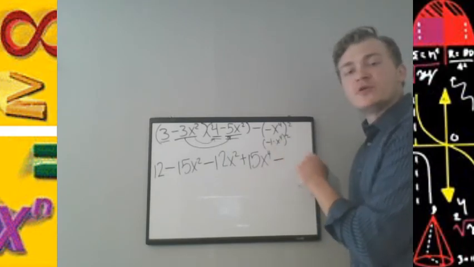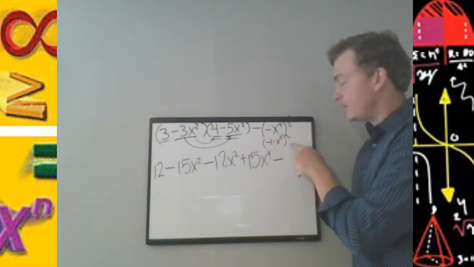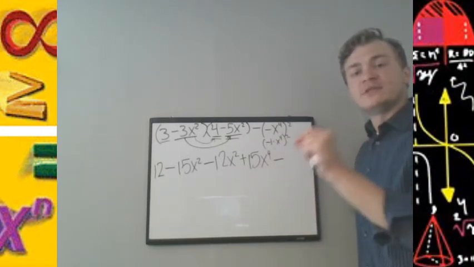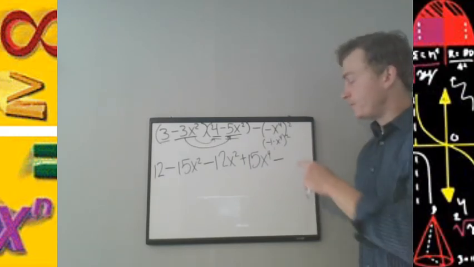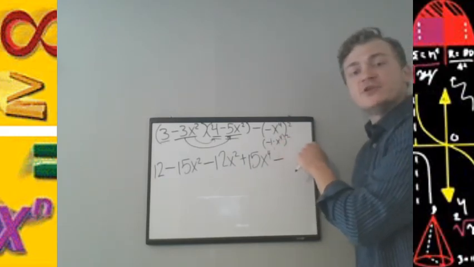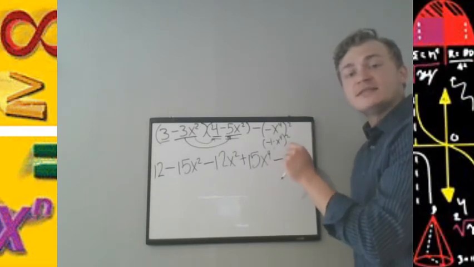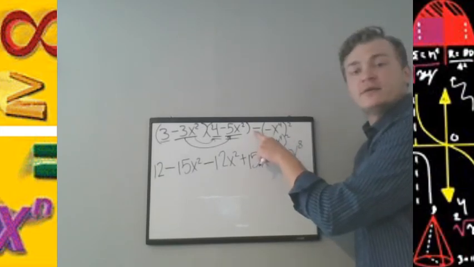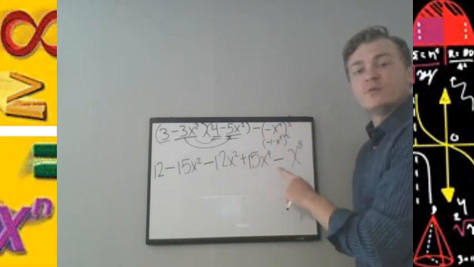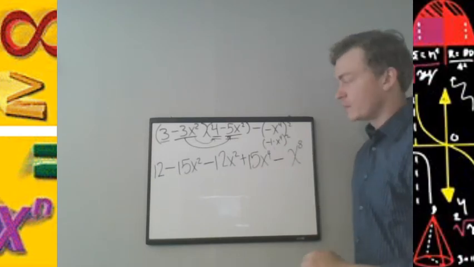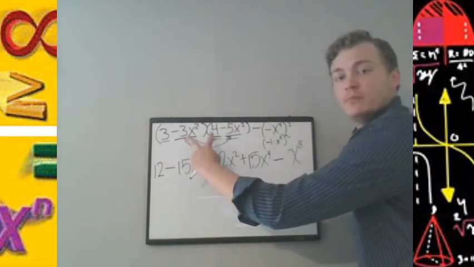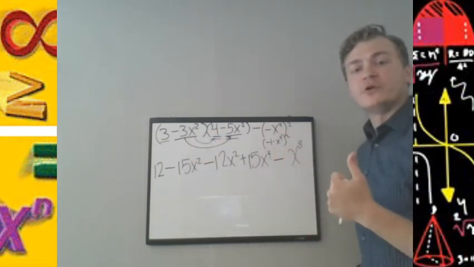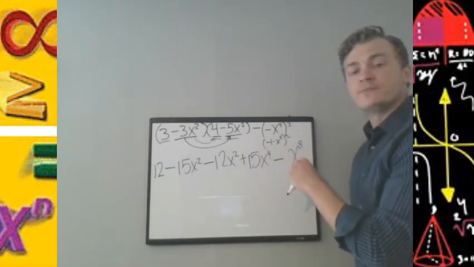So if negative 1 is multiplying x to the fourth and that's being squared, then we must square the negative 1. Negative 1 squared is negative 1 times negative 1, which is positive 1. X to the fourth squared, 4 times 2 is 8. So this becomes a positive x to the 8th power. So we are subtracting a positive x to the 8th. So this binomial FOIL method, using our exponent rule from 5.1, our power to a power, as well as our product to a power,